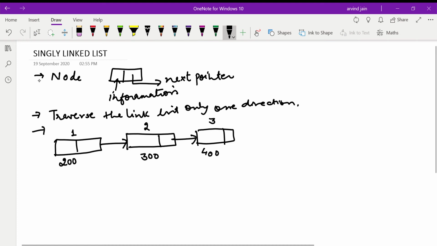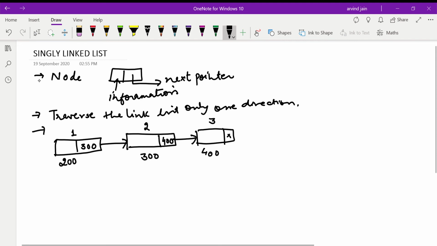Now in this linked list the next node is stored at location 300, therefore it will store address 300 over here. Similarly, the second node points to the third node which is stored at location 400, therefore the next field of this node will contain 400. Now there is no other node after the third node in the linked list, therefore it should contain some invalid address.